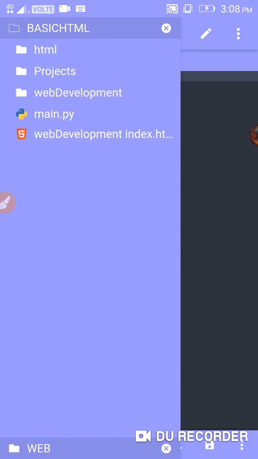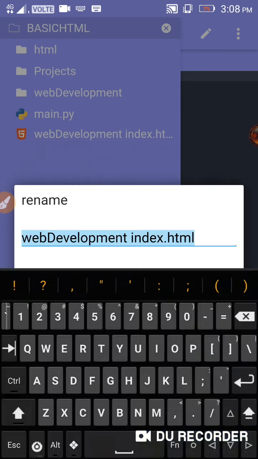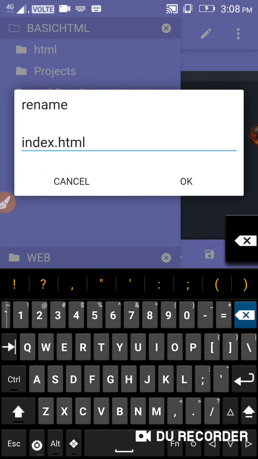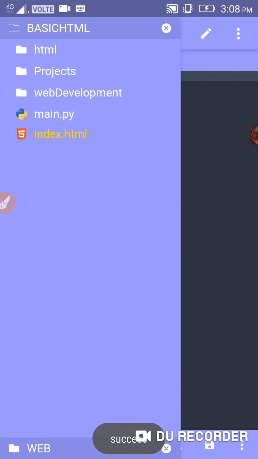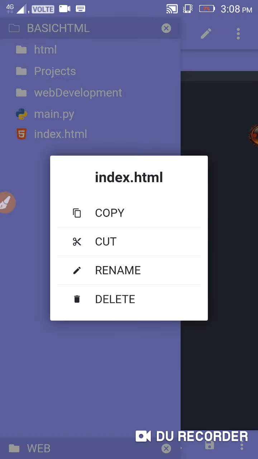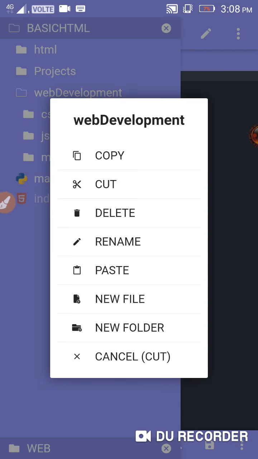I'm going to rename, just come here, just cut this down, then oh, what the hell, gone. One cut, open web development playlist,